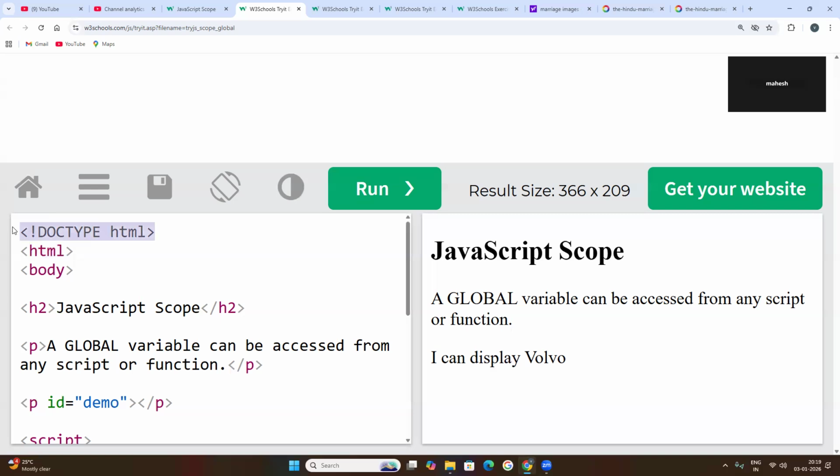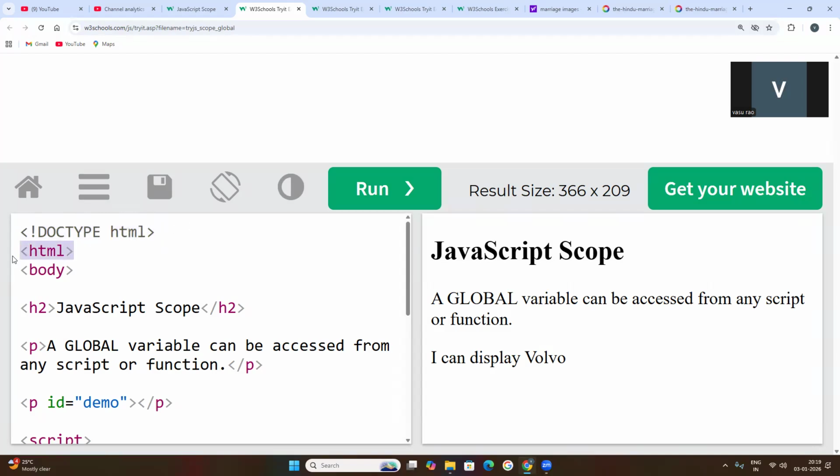This is the initial code to write HTML: exclamation mark, doctype html. This is the first line of code, and it indicates that this is an HTML document. Every web page is an HTML document.